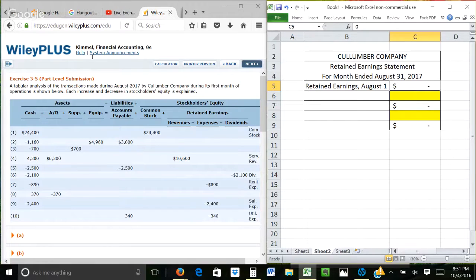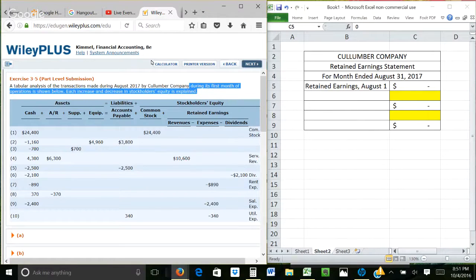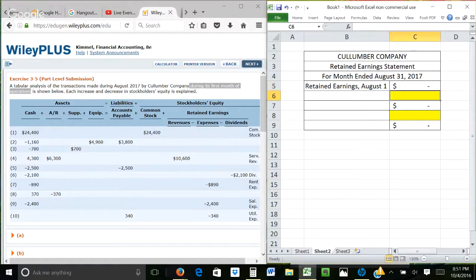The key here is going to be back in the beginning instructions. We see that it's August 2017, and as it says, these transactions happened during the first month of operations. So Coal Lumber Company has not had any previous operations, and so they're not going to have any previous retained earnings. So it's just going to be zero. So we'll leave that as zero and move on to what we add to that, which is